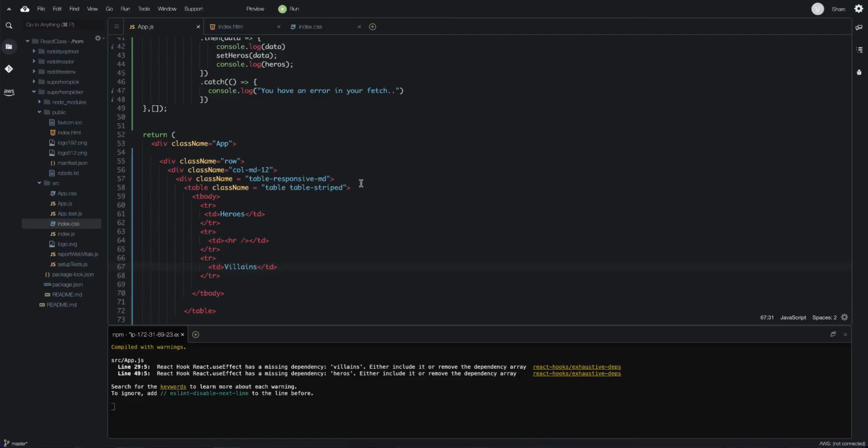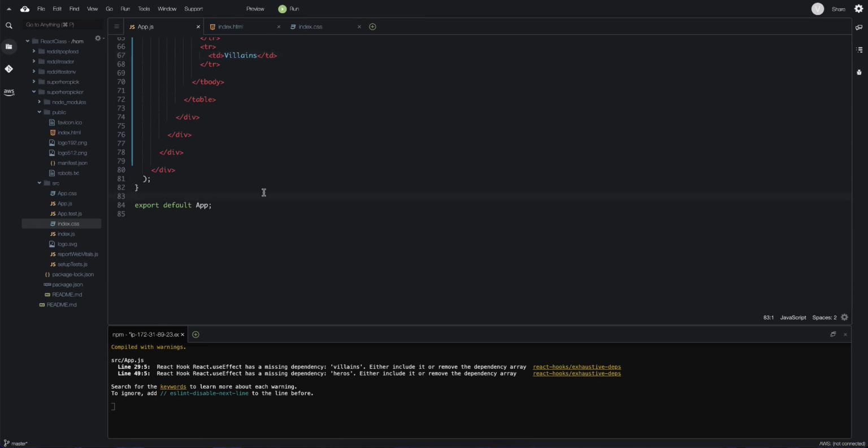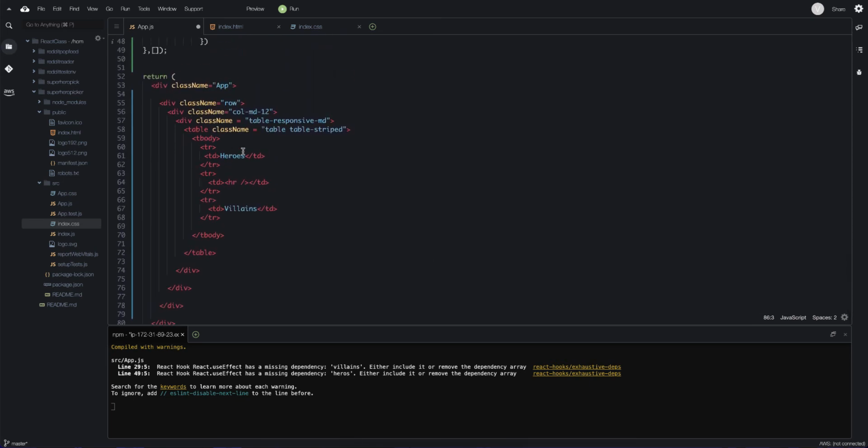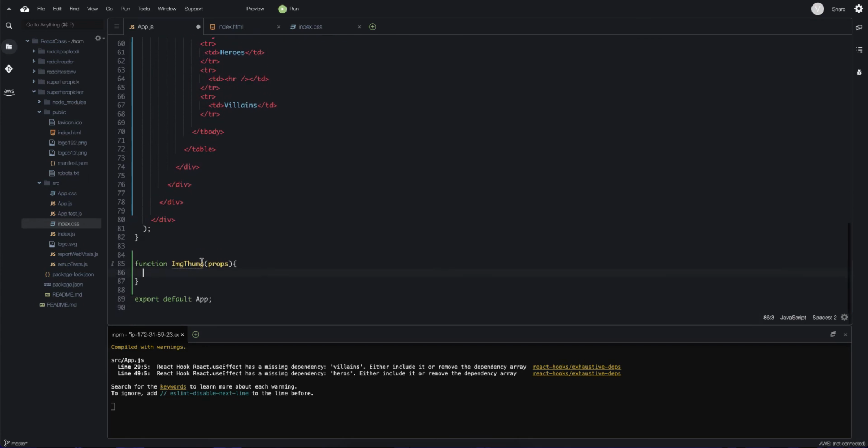To do that, what I shall be doing is creating another functional component. A component is basically a piece of React code that does something specific, that does a deliberate piece of work. In this case, what I want to do is display an image. And so I'm going to have a functional component over here called ImgThumb. And this component is going to get some properties. Properties are basically data that is passed down from the main function, the app functional component, down to the image